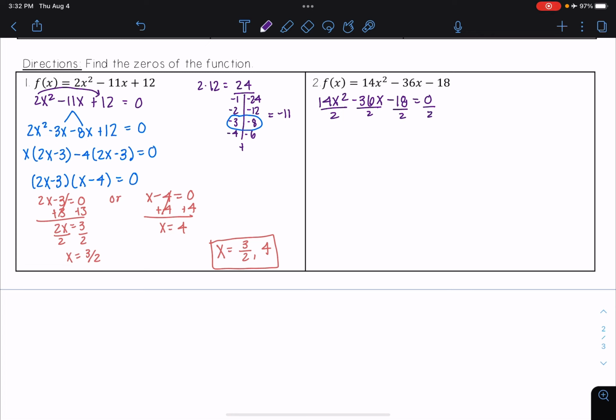Important thing to note, if there was an x shared here, I couldn't divide that out because I'd lose the solution, but with just numbers, you can go ahead and divide it out. And so now I have 7x squared minus 18x minus 9 is equal to 0. It's a little bit of an easier one to look at. A is still not equal to 1 though, so I still need to use the AC method. So I'm going to do 7